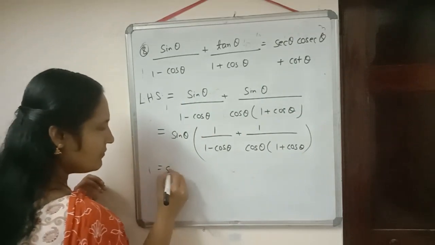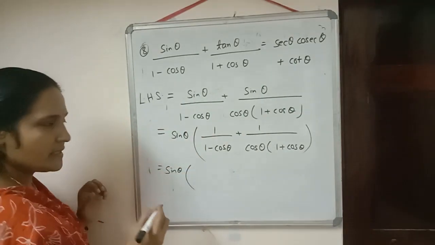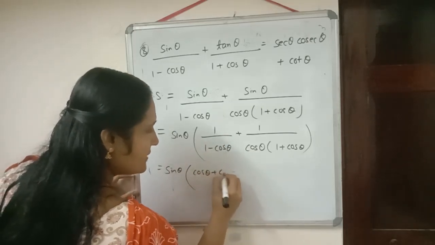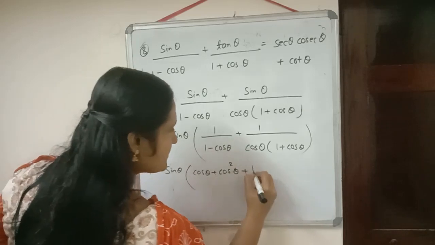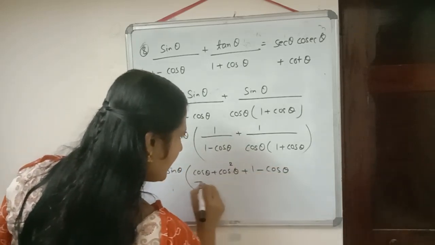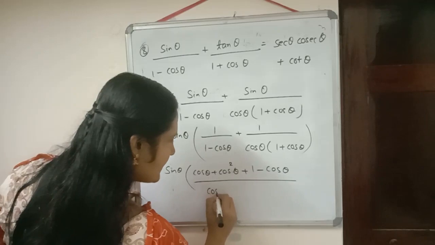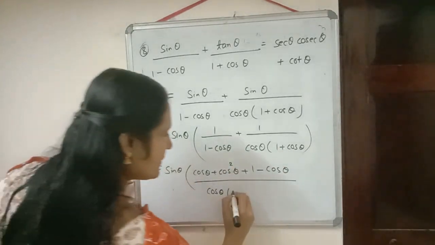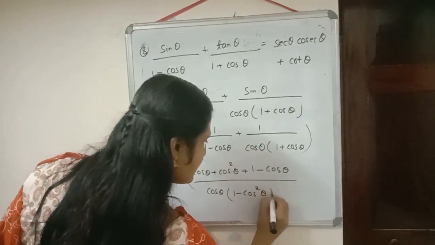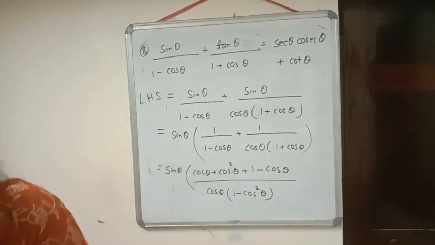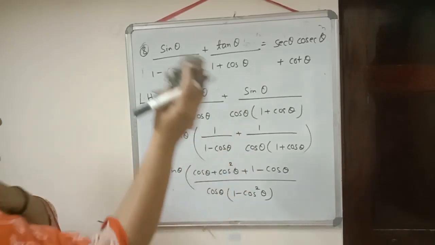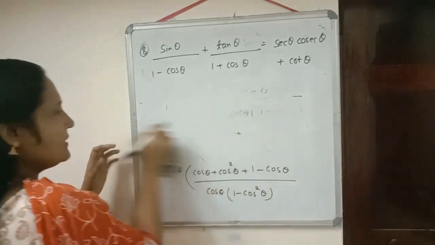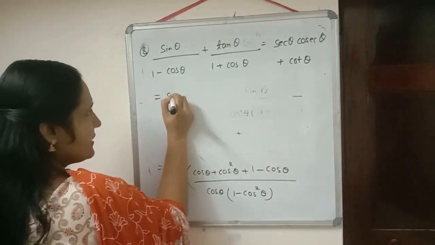Okay. Now what will we do? We will just do the cross multiplication. Then it will come. Now here we can multiply. Cos theta plus cos square theta plus 1 minus cos theta, by this cos theta we can write as it is, 1 minus cos theta into 1 plus cos theta, which will be equal to, yes, correct, 1 minus cos square theta. Always check what we need in the right hand side and then do accordingly. Okay. Now we can check how we can simplify it. Sin theta written as it is.